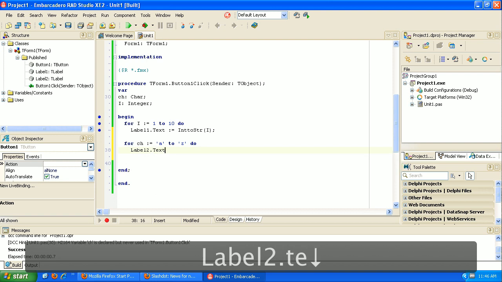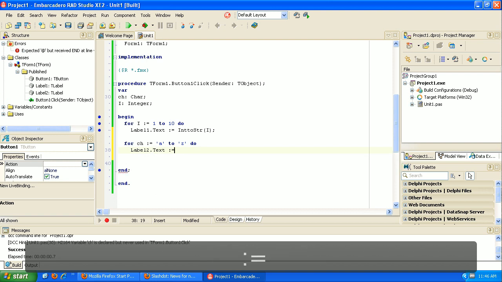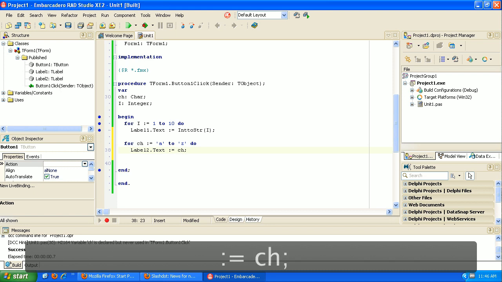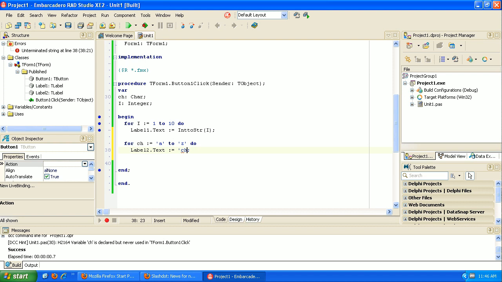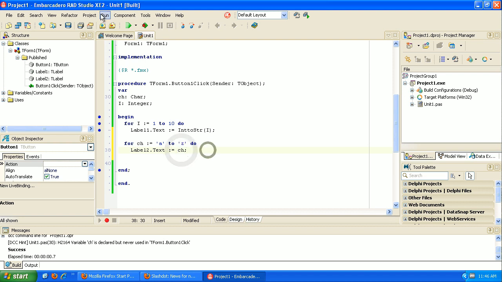Text, and this is already text, so we can just do an assignment here, and we're going to put ch. Now if I made the mistake of putting this in quotes here, it's just going to show ch. It's not going to show the contents of ch. So when we run this,